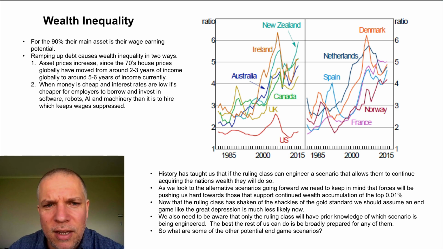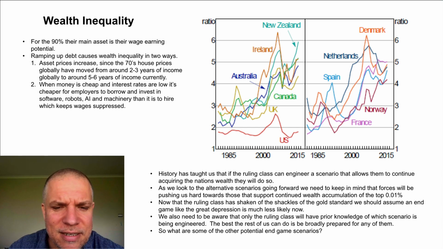They don't want more populists getting voted, more upstarts like Trump coming along and disrupting their plans. They obviously don't want a revolution where, like has happened in the past, their wealth gets confiscated off them through riots and through force. But at the same time, if they can find a legitimate way to grow their wealth, continue growing it, they will definitely take that if they perceive it as being viable.